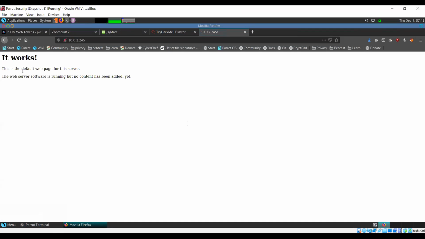The web server software is running, but no content has been added yet. So the web server is running, but the directory for any particular website is not known to us. So we don't know whether a website is running here or not. So we'll have to try and figure that out.